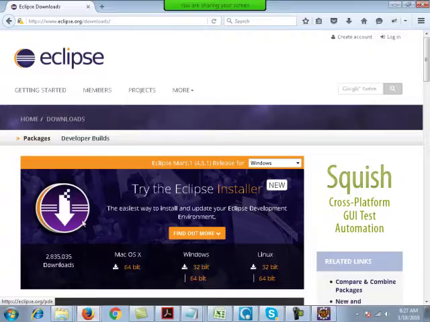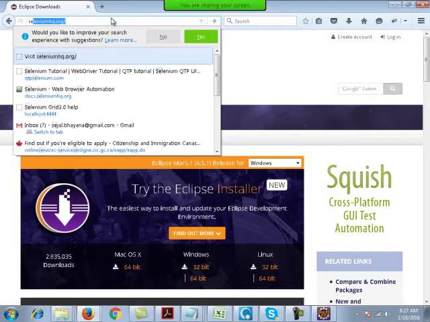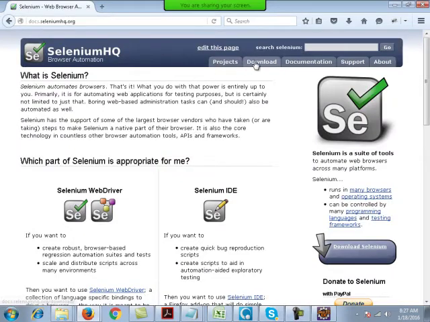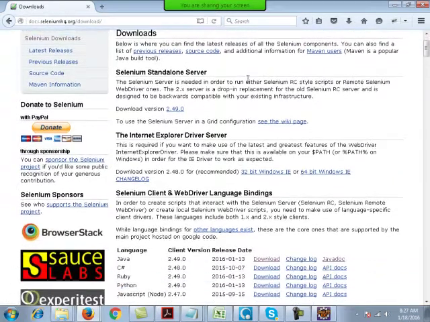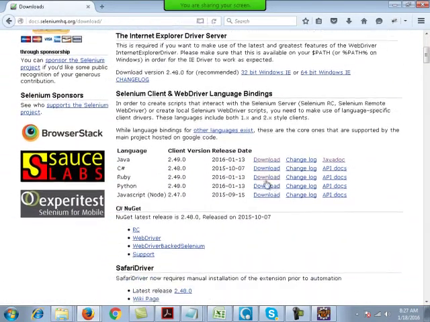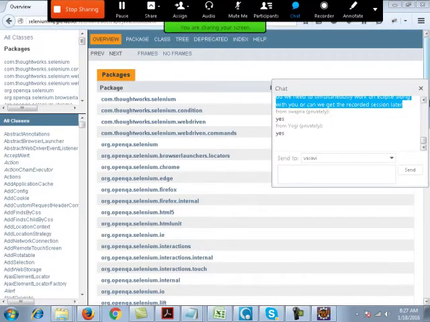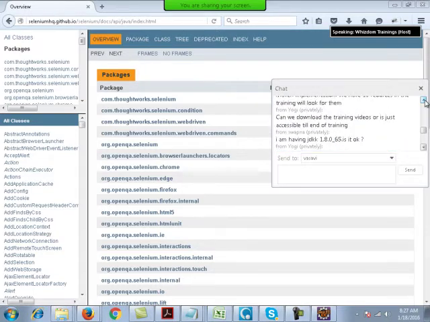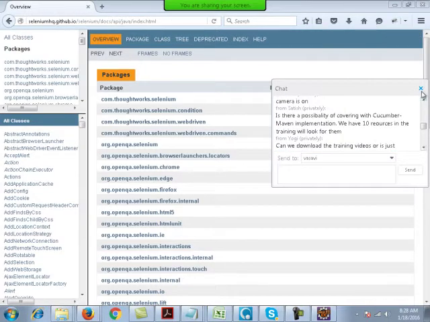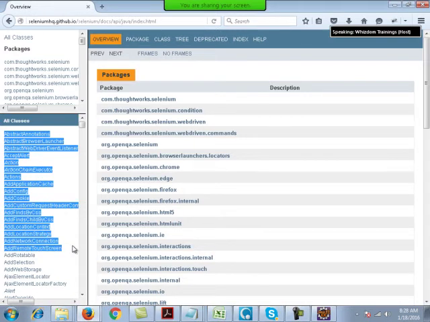This is on the official website of Selenium. As I told you, the documentation is present in Java docs. This documentation primarily holds all the inbuilt classes of Selenium.